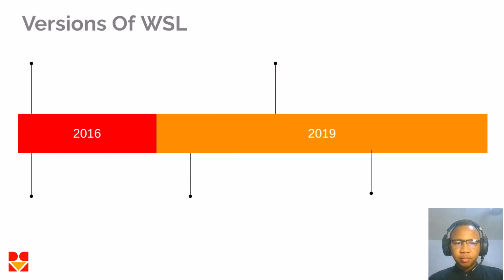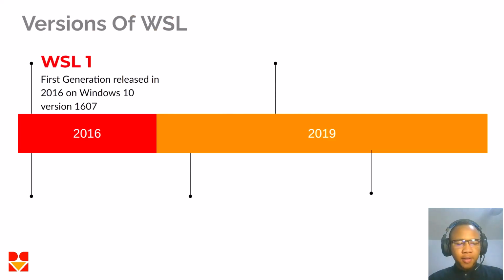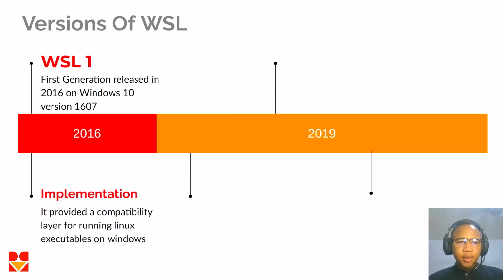Okay, so let's look at the various versions of the Windows Subsystem for Linux. So the first version, that's the first generation, was released in 2016. That was on Windows 10 version 1607. That was when it was released, right? And then for this particular version,